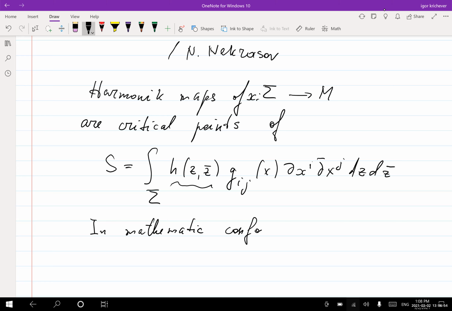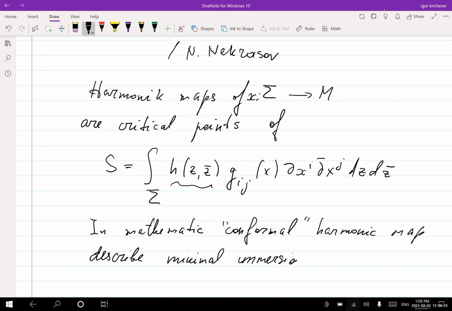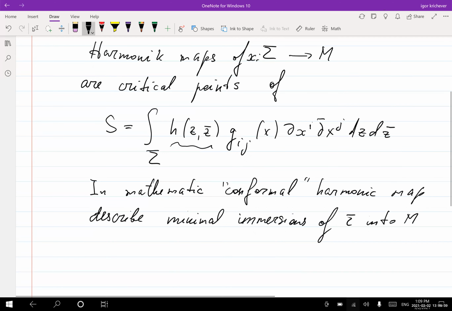They describe minimal immersions of sigma into M. So you're looking at minimal immersion, minimizing the area